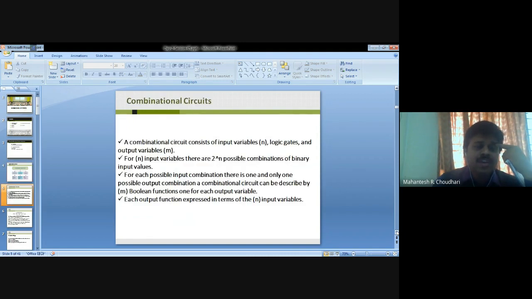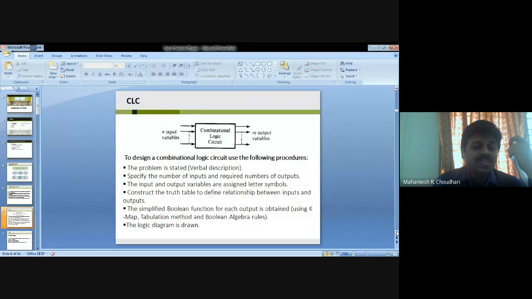One by one, let's make out what a combination circuit is. In a combination logic circuit, the output depends only on the current input. Concept-wise, a combination logic circuit is a circuit without memory. So in this type of logic circuit, the output depends only on what? Only on the current input.